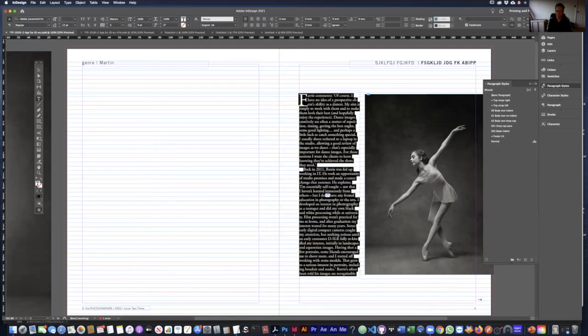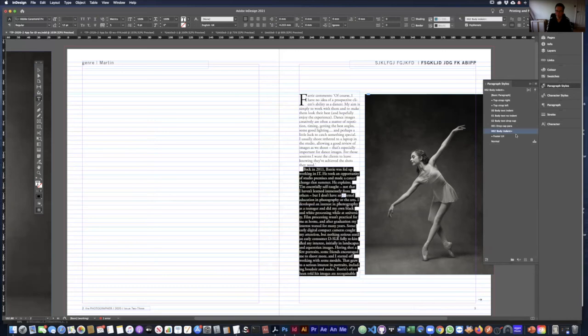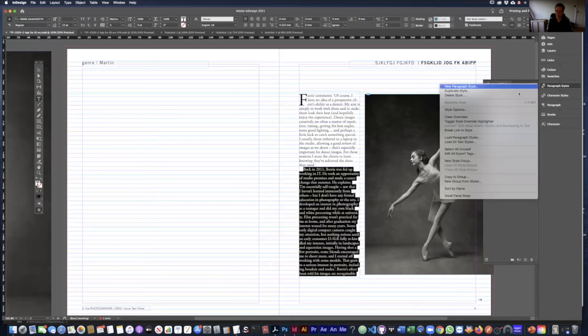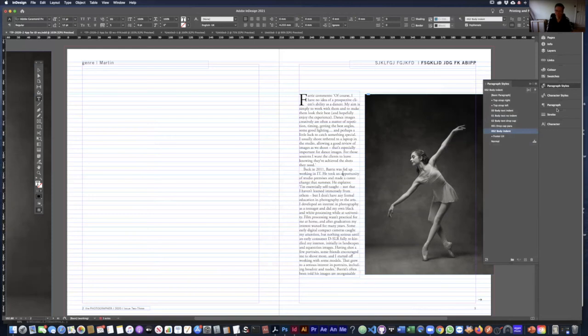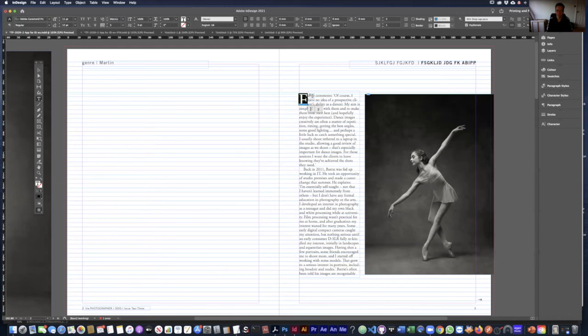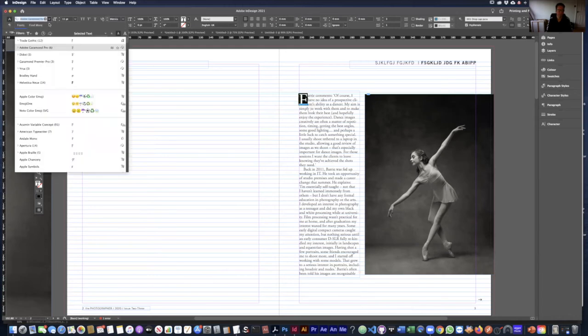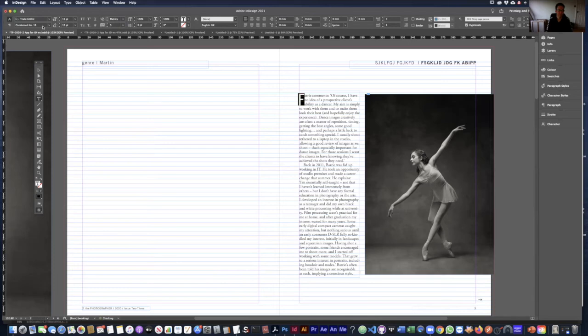So again, if I want to get rid of that, which you probably would, then you go to your submenu and clear overrides, and it puts it back. Okay, so just to finish off our drop cap power, and then I'll probably pause and see how everyone's getting on, because we've been going on for an hour and a half. The last thing we want to do is actually change the font of this F. So let's select the F, change it now to our Trade Gothic Bold,